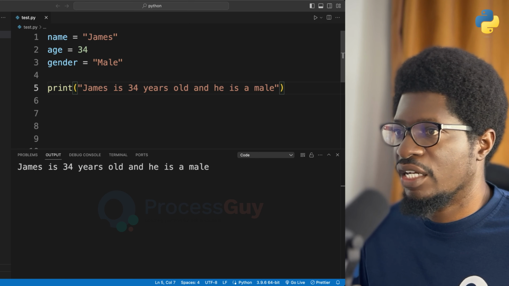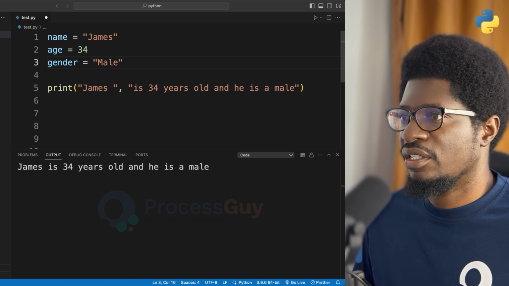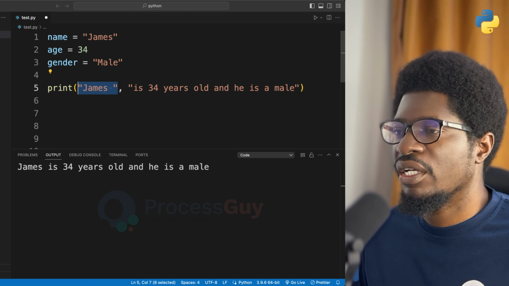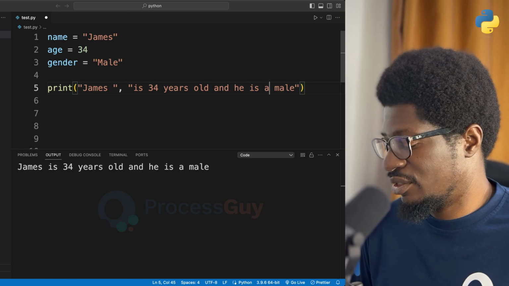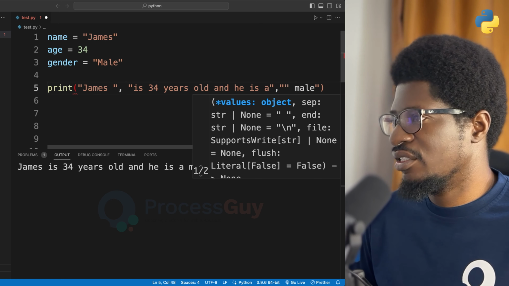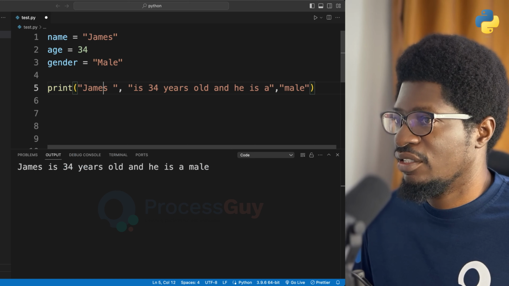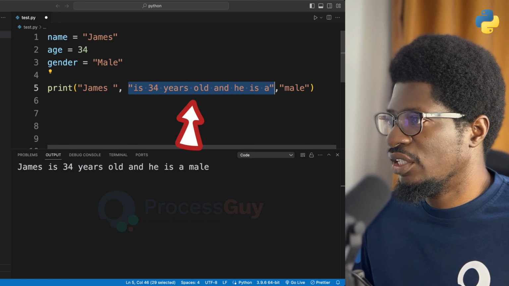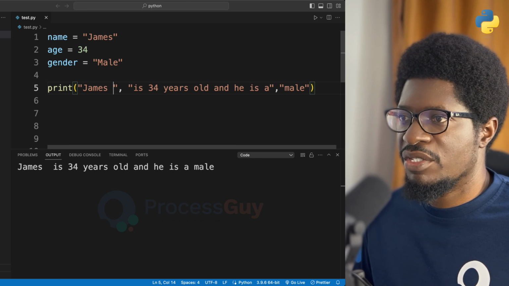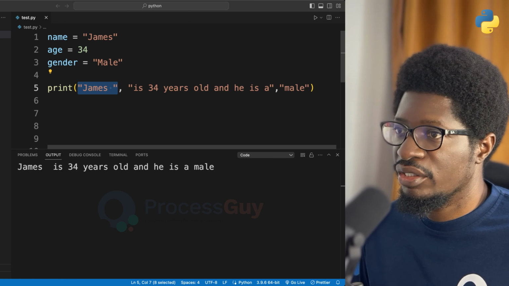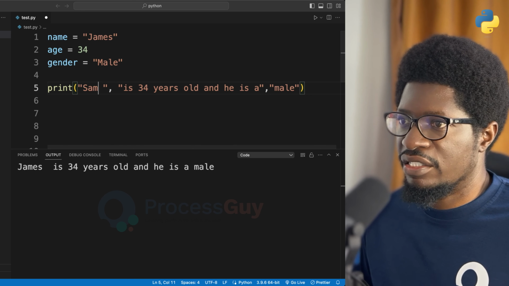Print allows you to pass parameters, so you can pass as many as you want. What that means is that I can actually break this up and do something like this. I can do James is, so I'm passing James as a string now, and then this other part is also a string. You can break this up into as many bits or pieces as you want, and you're passing them as parameters into the print function. So this print function is now accepting 1, 2, 3 strings, and it still prints out the same thing you have here. Now, because James itself is a variable, because tomorrow this can be Sam. This can be Sam tomorrow, right? It can be anything, and that's